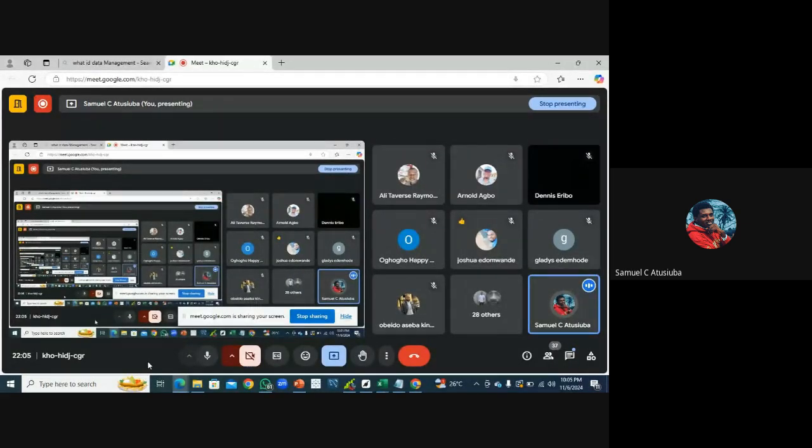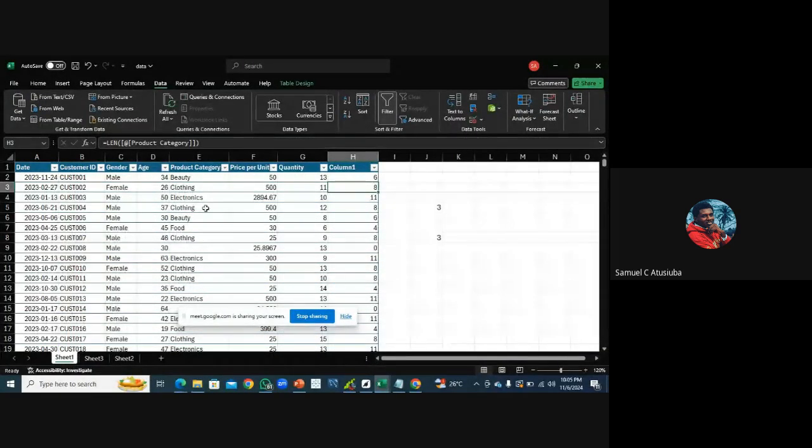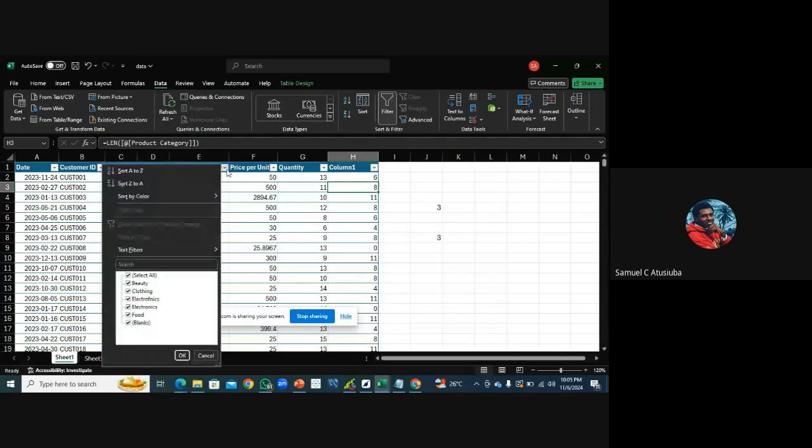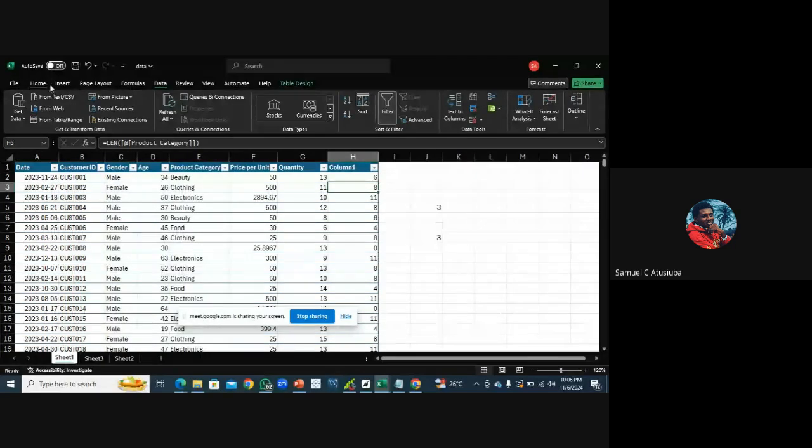What I was saying now is in Excel, sometimes due to human error, as you can see from here, the person was trying to type electronics, the person mistakenly included F maybe from the keyboard, and he did not notice and he submitted the entry like that. We cannot run analysis like this. So we have to eliminate this. And one way we can do it is using the find and replace